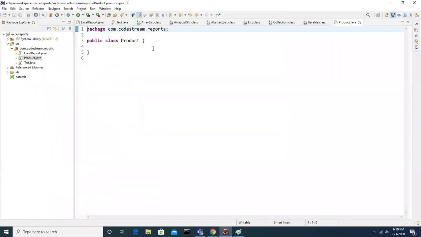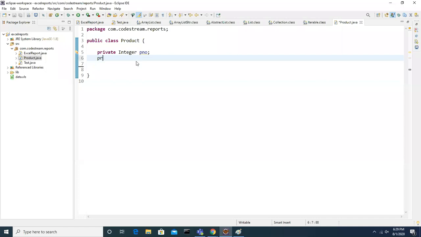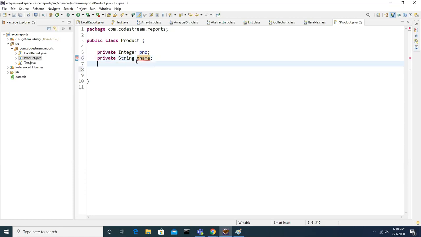I created a Product class and I'm declaring a private integer product number. The second variable is a private string pName, and a private, not string, double pCost.